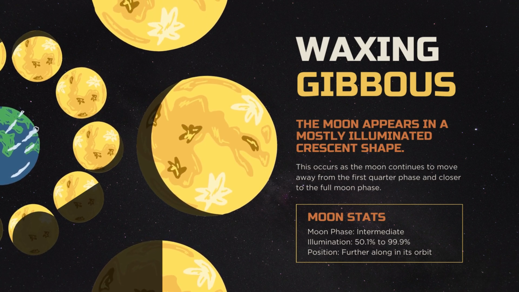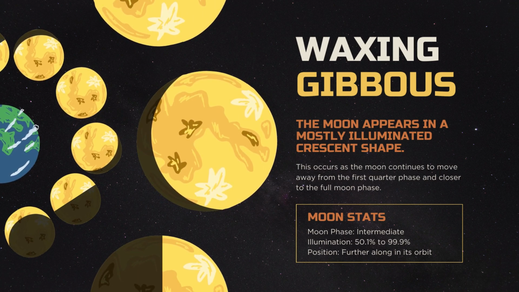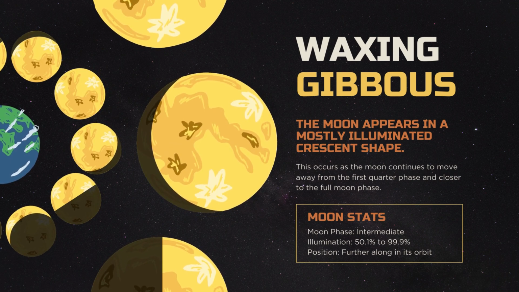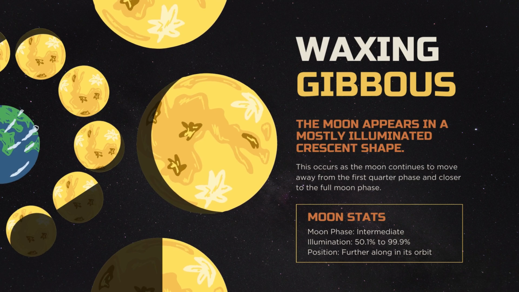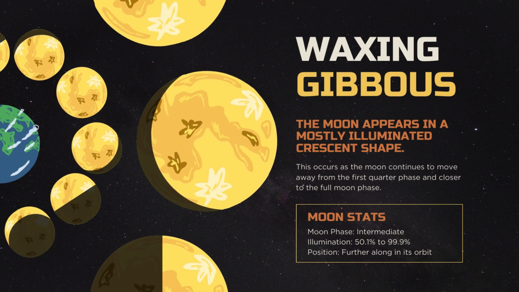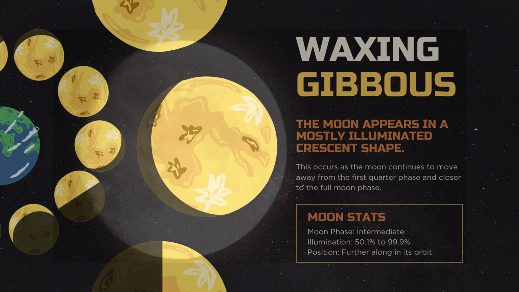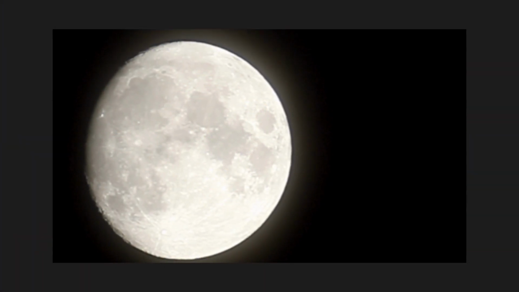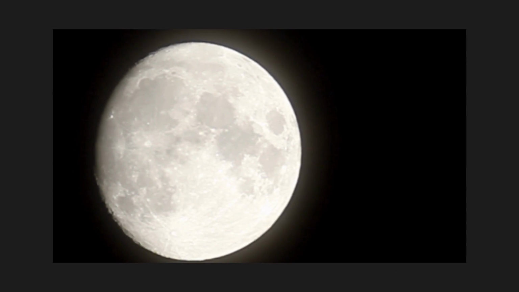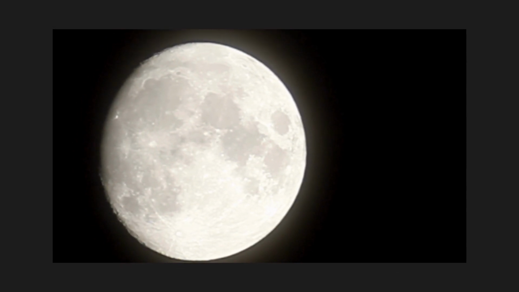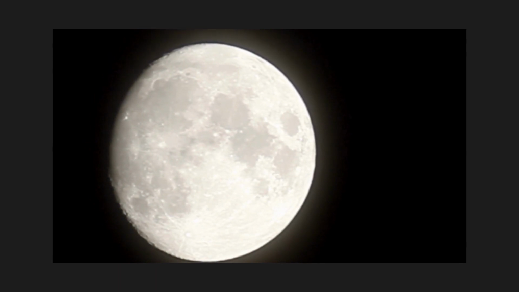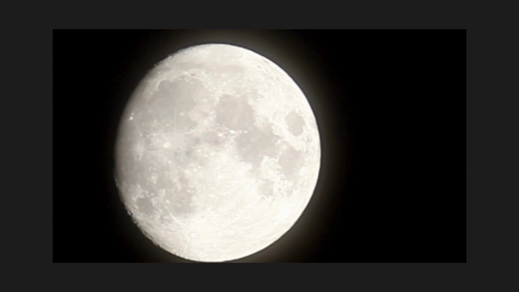As the moon continues its celestial orbit, it transitions from the first quarter phase to the waxing gibbous phase. This phase is characterized by the moon appearing in a mostly illuminated crescent shape, signaling its approach towards the full moon. The waxing gibbous phase occurs as the moon moves further along its orbit, drawing closer to the full moon phase. This transition is a result of the angle between the Earth, Moon, and Sun, creating the mesmerizing spectacle of